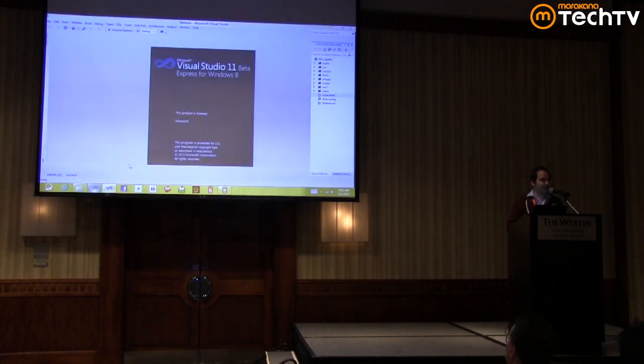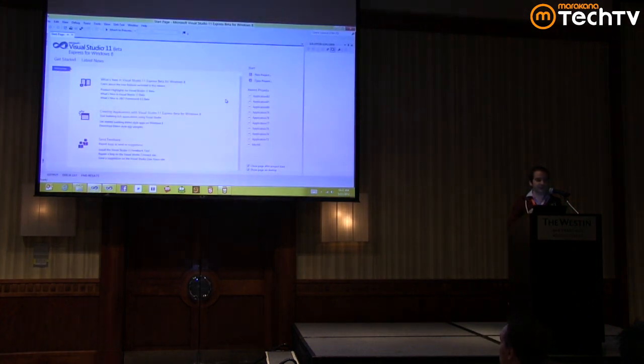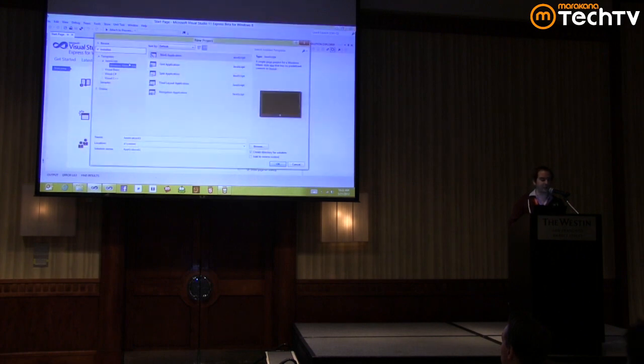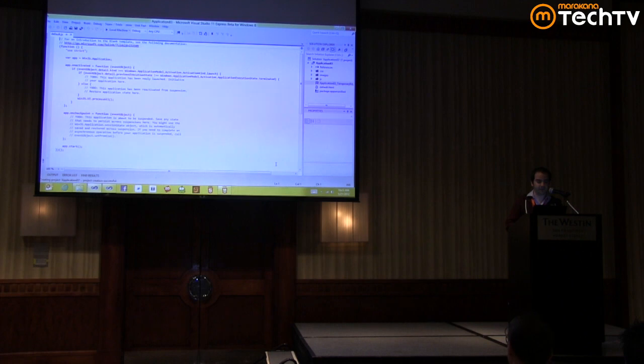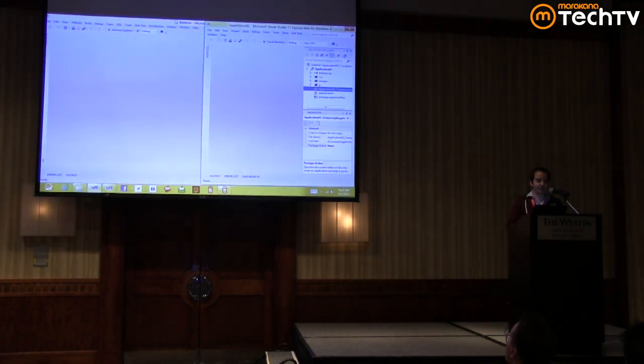I'm going to do just the step-by-step. I just opened up Visual Studio, which is our tool environment. I created a new project for a Metro application in HTML and JavaScript. So this is the new Windows 8 Metro app. I'm just choosing a default template. I'm not doing anything here. And Visual Studio will create the template for me, okay? So far, it's just an empty project.